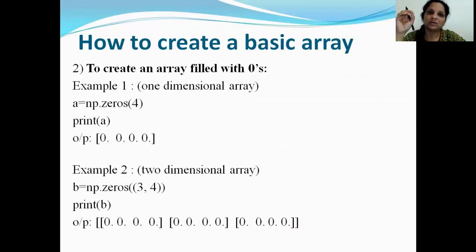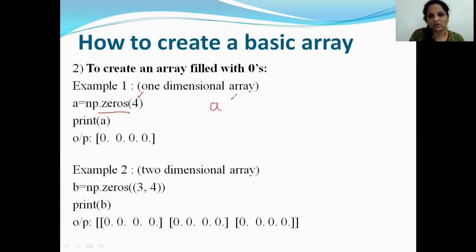Now this method of creating an array is creating an array, but all the elements of the array are filled with number 0. So the function used here is a function called zeros. Okay, one minute. Let me switch on the annotation. So the function used here is a function called zeros. Now, what does this four mean? I am creating a one-dimensional array which consists of 4 elements and all those elements are zeros.